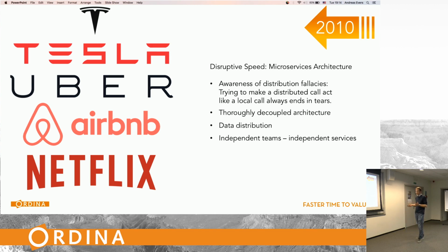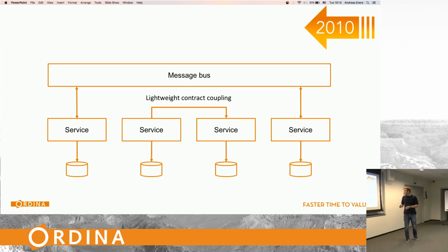Okay, so these are styles, or at least an architectural style that is introduced in 2010 and is now becoming very common. Okay, so if you look at the architectural blueprint or boxes and arrows, you can see now that this is no longer an integration bus or an ESB. It's a message bus. It's lightweight. Okay, it's just sending messages. It's the idea of the smart endpoints and dumb pipes. Okay, it doesn't always have to be messages. You can also just have synchronous calls as well. Okay, so that's the idea of microservices. Very short. This is not the end of the presentation, but it gives you an idea of where we come